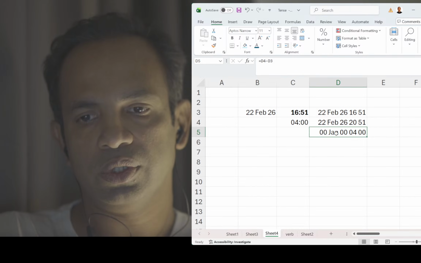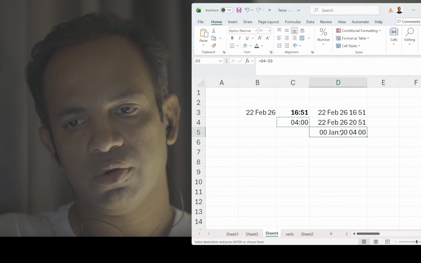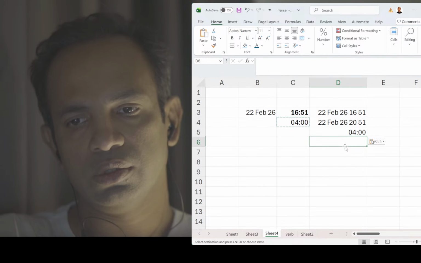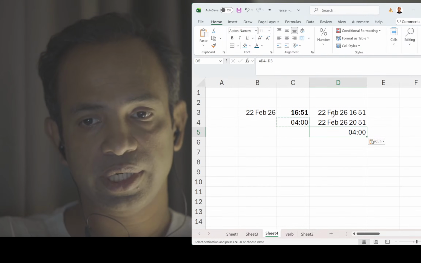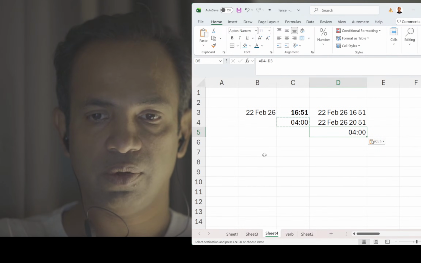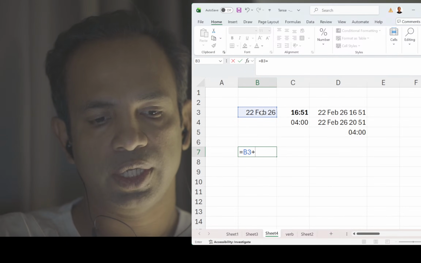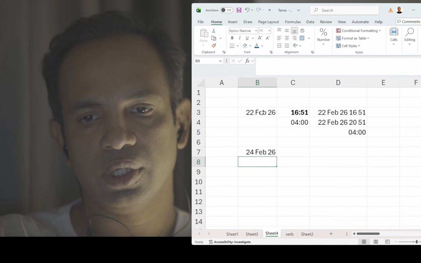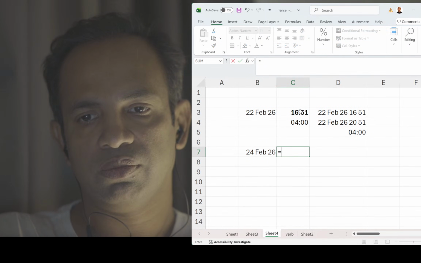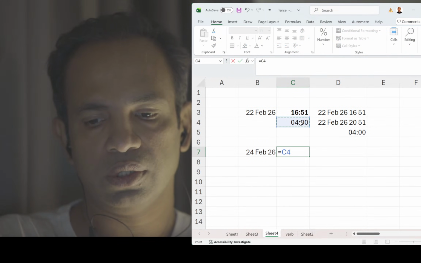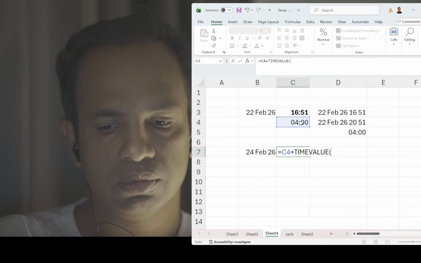So you might say, what is Jan doing? You can simply reformat this, Control C, right click R, there we go. So now you know how to add dates and times. Let's see one more example. Equals this plus, let's say 2 days later, enter, so you get 24 Feb, and then I'm gonna add 4 hours, let's say, plus time value